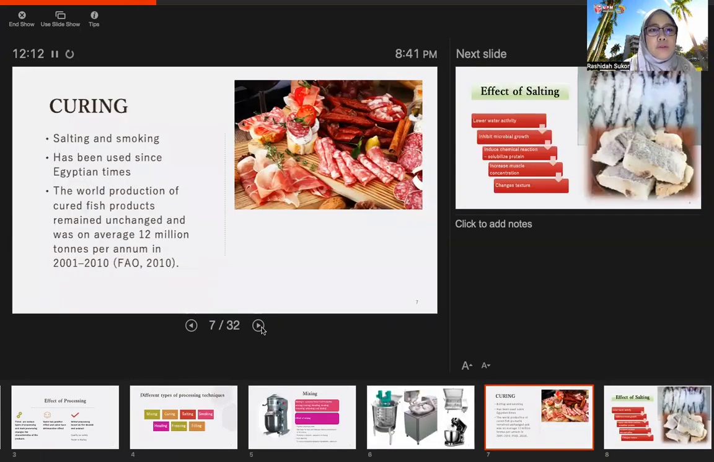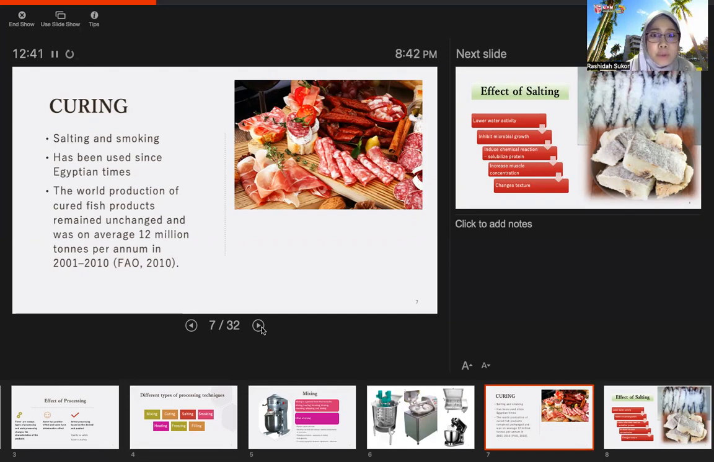Okay, then we go to curing. So what is curing? Curing can include salting and also smoking. Curing has been used since Egyptian times. That means when we go back in time, older generations didn't have instruments like us, they didn't have freezers. So most of the food and also